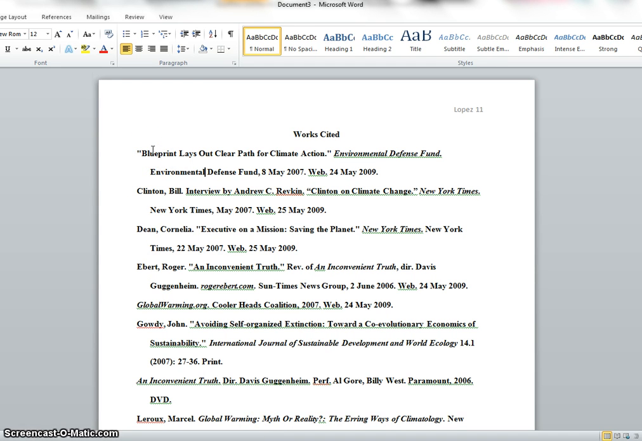Every source must be listed in alphabetical order by author last name. It also must include the works without an author, and those are alphabetized by the beginnings of titles. The other thing you will notice is the indentation. First line of each source begins at the left margin, then it's indented